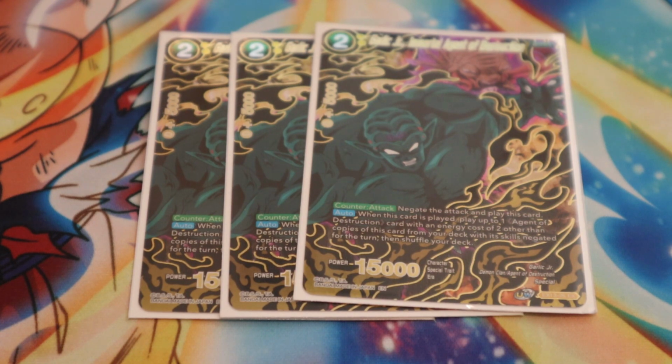Negate the attack, play this card, and then when this card is played, you could look up to 1 Agent of Destruction card with an energy cost of 2 or less other than this card from your deck and play it with its skills negated, so you're able to bring out maybe your Turles, some of the other strong cards for free, so you don't have to tap your energy for it, and you're able to get some type of board